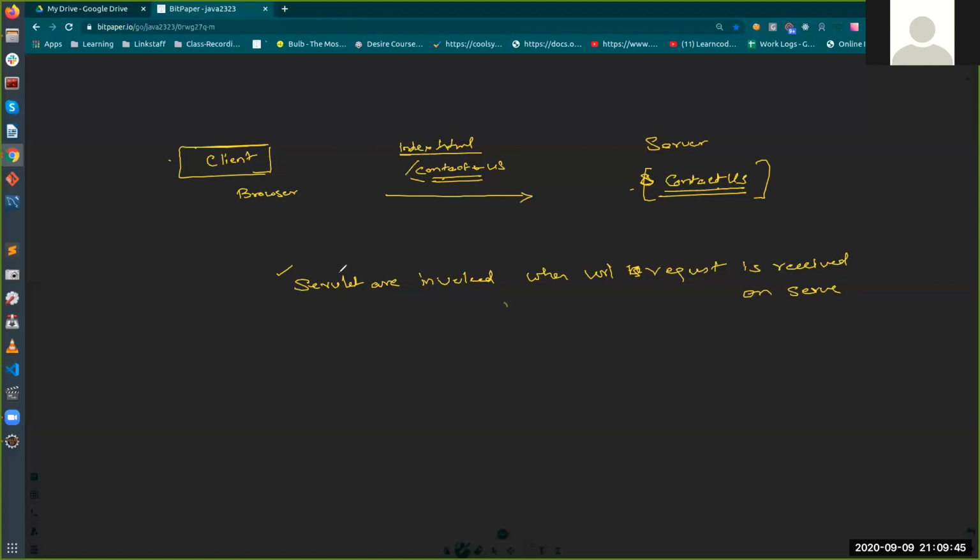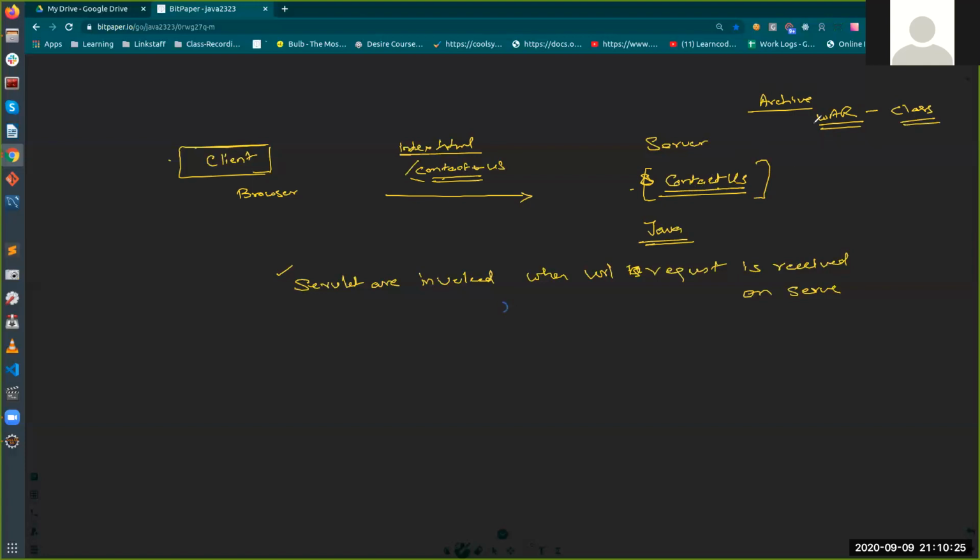Fine. Next, I'm not going to write any servlet now. As I said, the server will require Java, because the class has to be compiled and deployed. The developer is going to compile and deploy the build on the server. They write the program and create a build, which means an archive file. Like you have a jar file, similarly web applications have a WAR file, a web archive file, which has all the classes required to run your application.